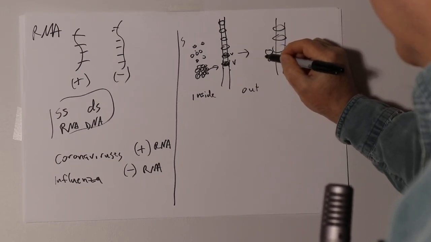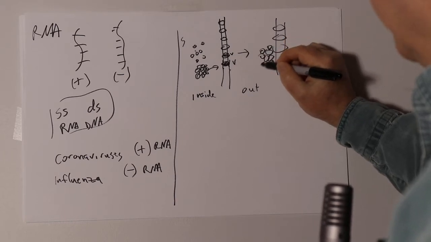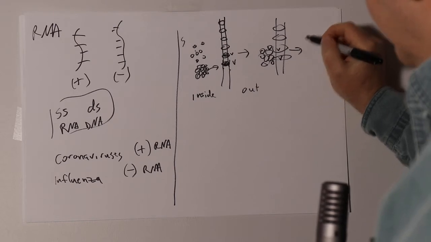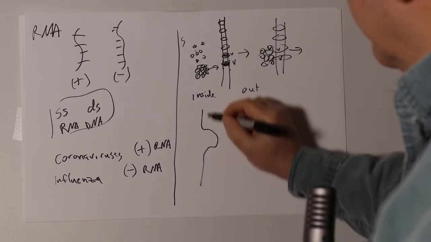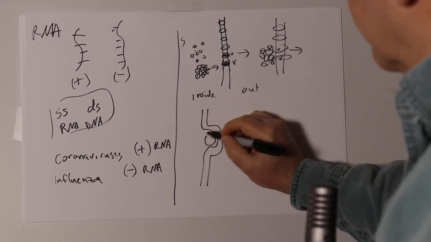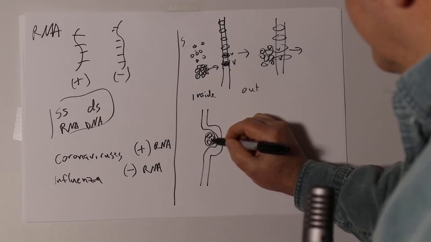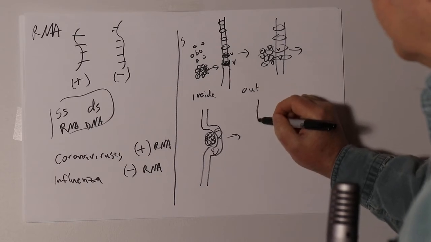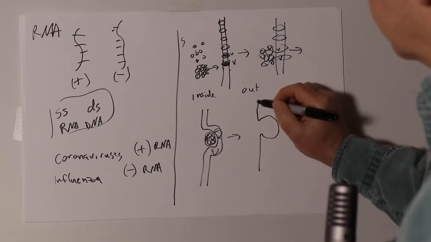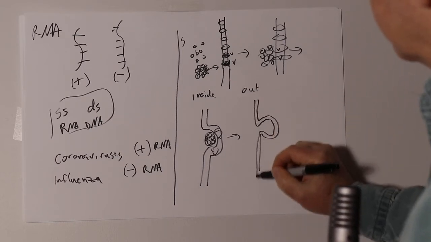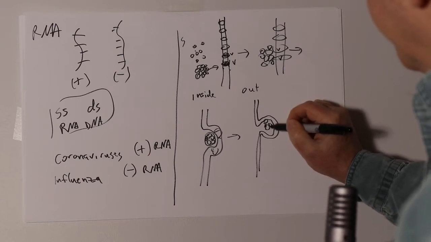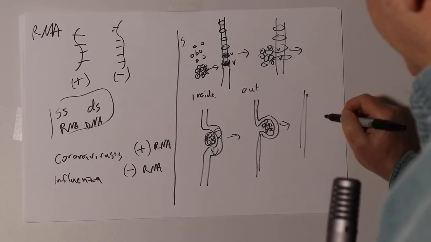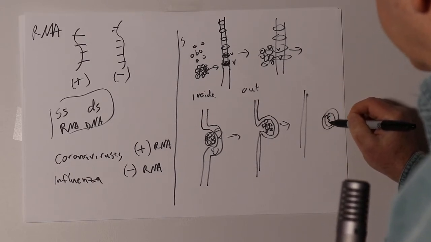And so now you've got a nascent viral particle on the cell membrane, possibly involving viral proteins. And then the virus starts to bud. Like that. So there's the viral particle, and in there's the genome. And then eventually the virus buds off,